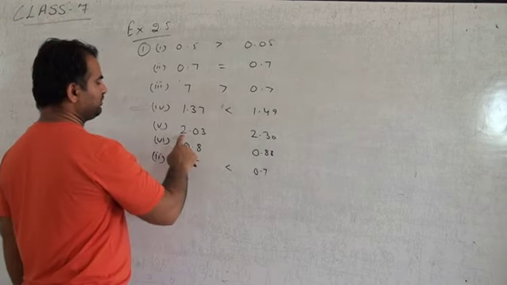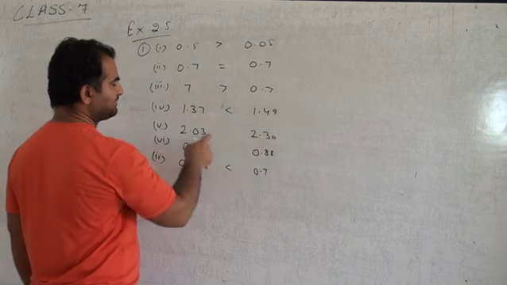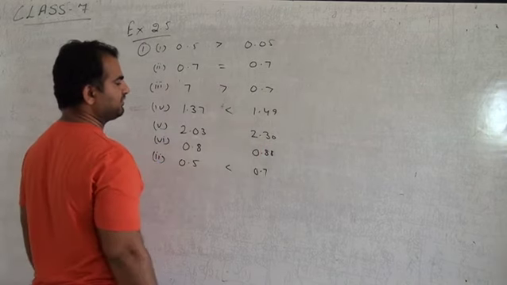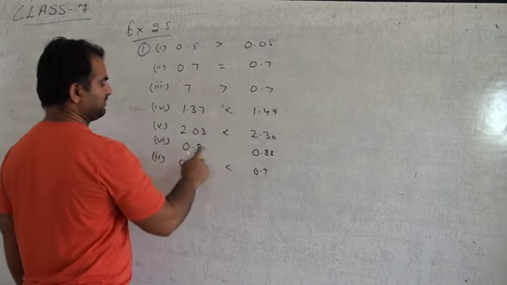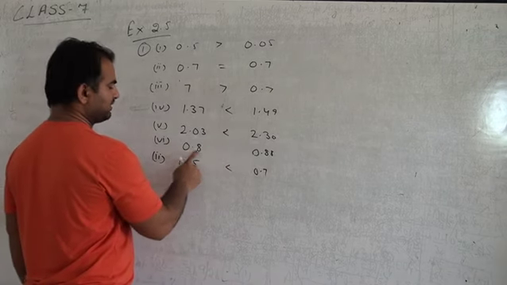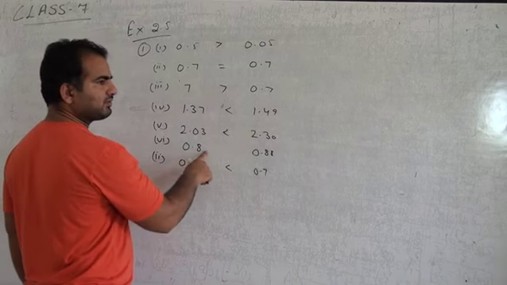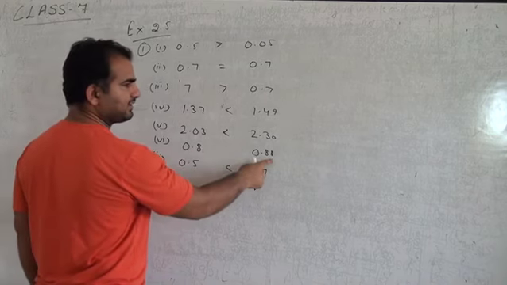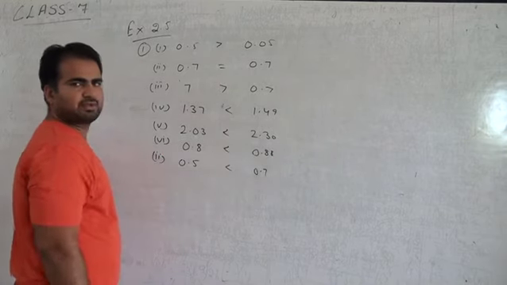That one. 2 and 2. Both whole numbers are the same, but the tenth place is not the same. Which one is bigger? This one. The whole number is the same, the tenth place is also the same, but there is no value at the hundredth place in one, and the other has a value at the hundredth place, so this one will be bigger.